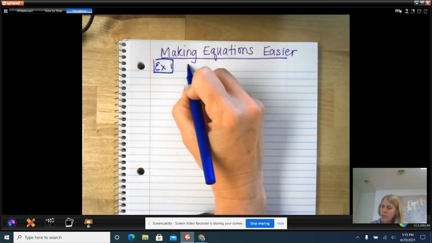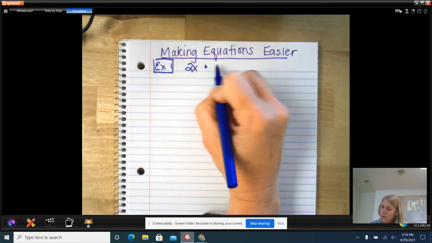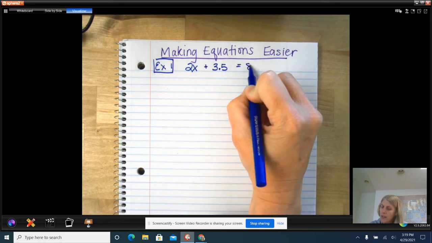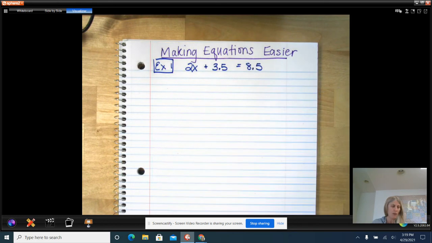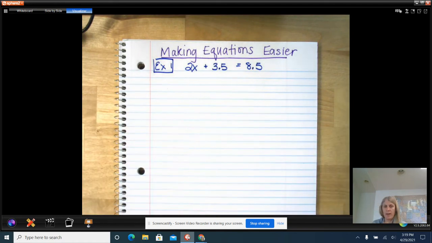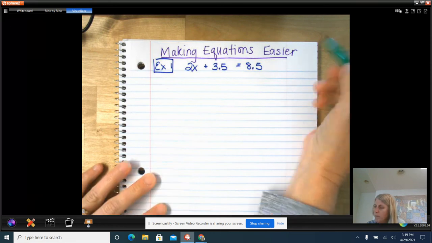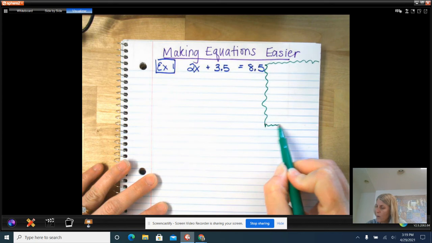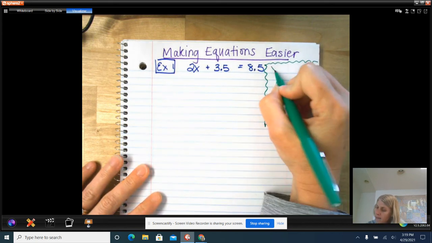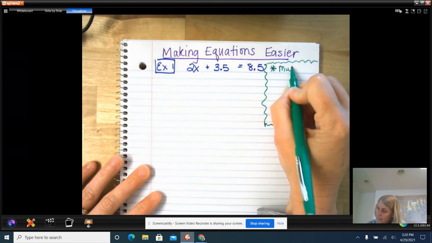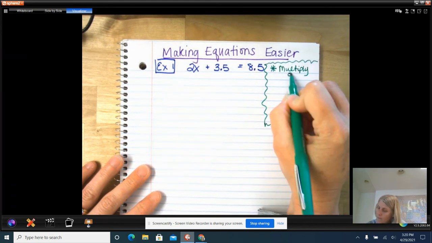So we have an equation 2x plus 3.5 is equal to 8.5. Okay, and one thing that we can do is we see, of course, that there are decimals. And especially if we don't have a calculator with us, decimals can be a little bit difficult to deal with. And so as a technique to get rid of those decimals, we can multiply or divide